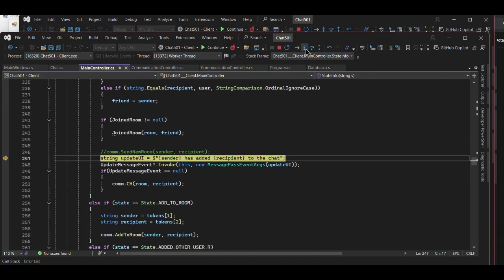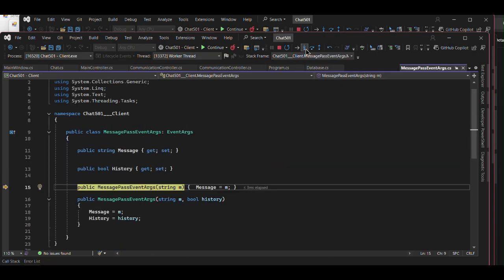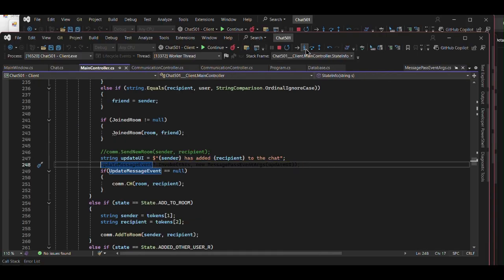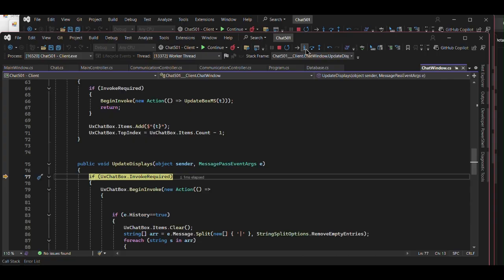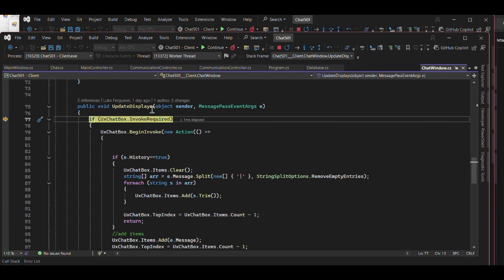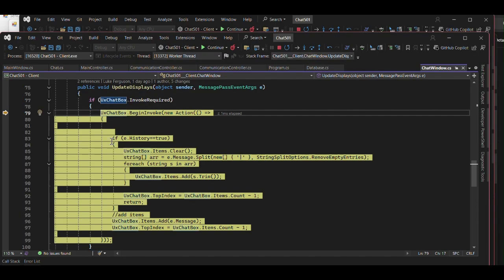And then we update the UI with the sender and the recipient. And then we use our custom message event args to get that message. And then the UI is updated with the invoke. So we check if we're on the correct thread. If not,